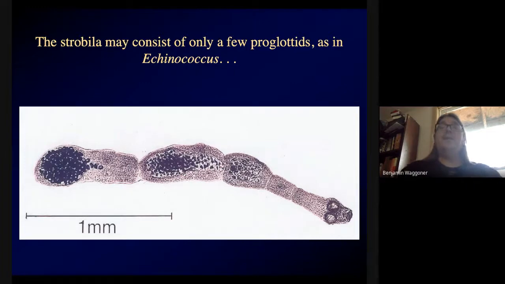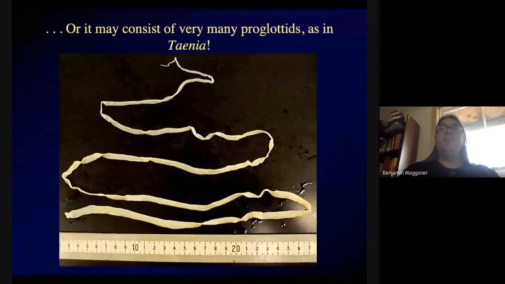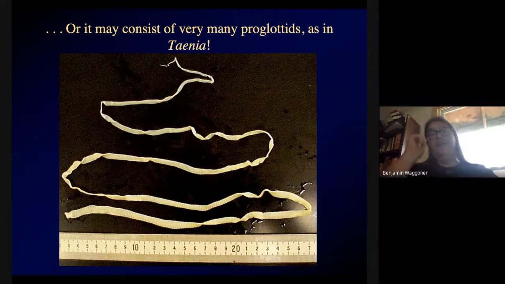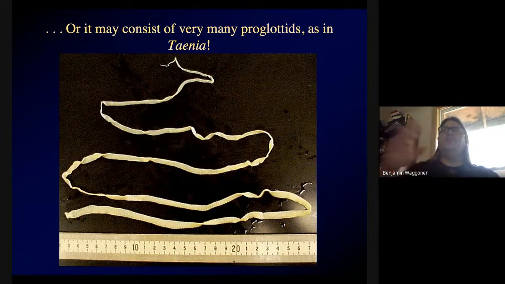On the other hand, Taenia solium, the pork tapeworm, and Taenia saginata, the beef tapeworm, may consist of quite a lot of them. This one is probably about 1 meter long and might consist of thousands of proglottids. But the basic idea is the same. Proglottids form at the back of the head, the back of the scolex,